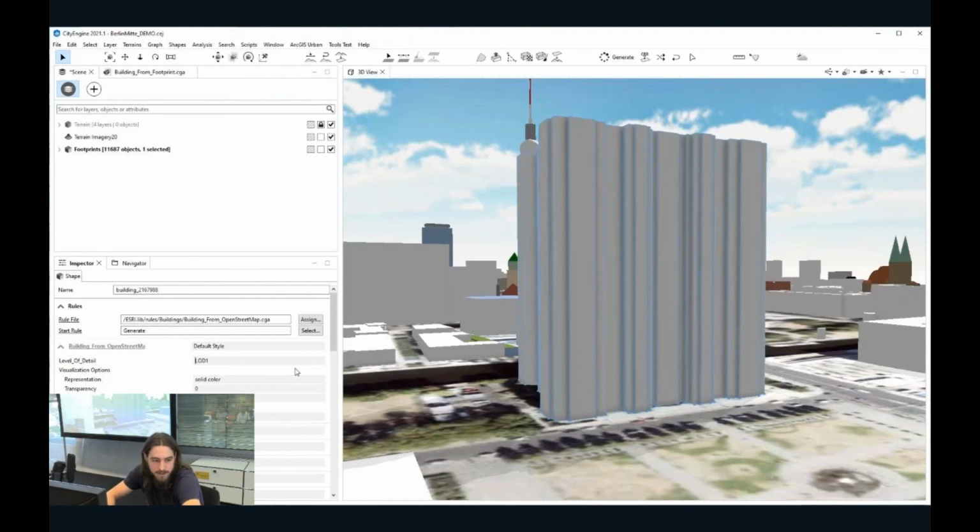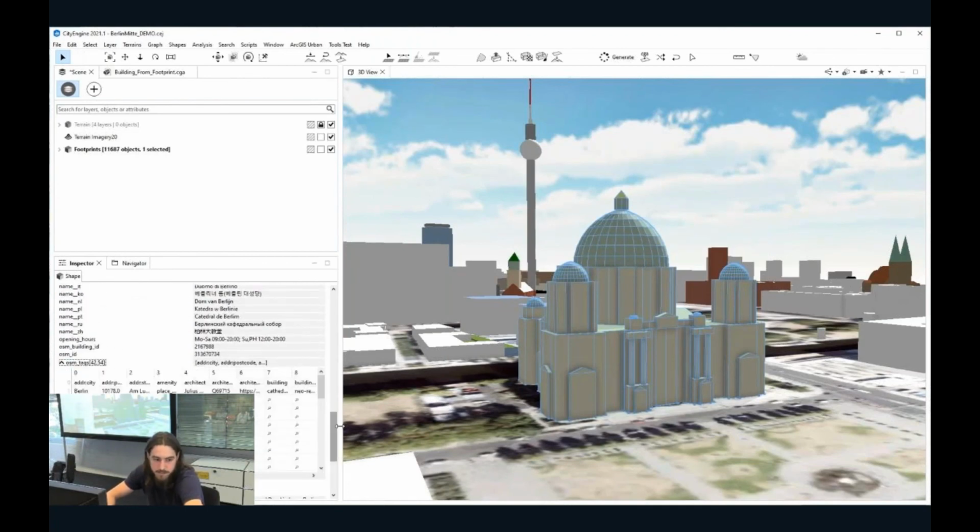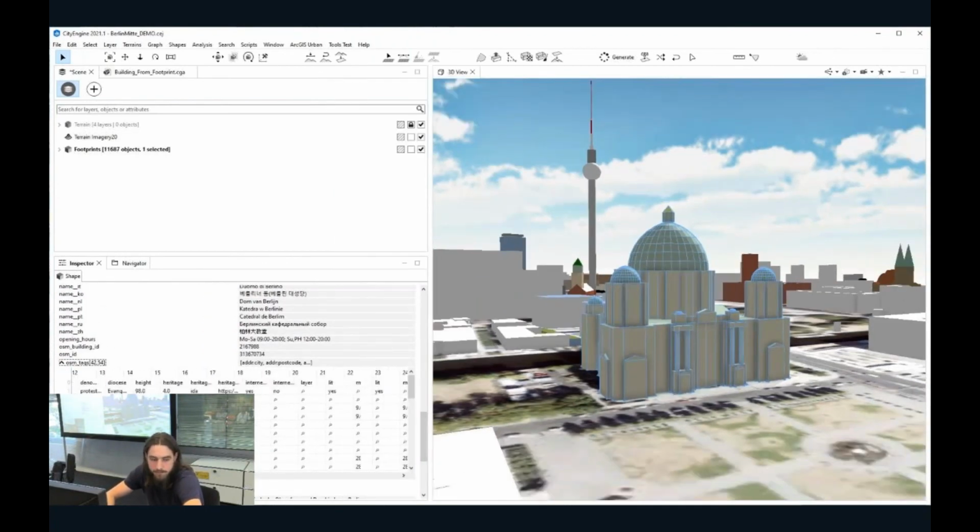We added a new level of detail attribute here. Level 1 is just the extrusion that we already had previously, but level 2 leverages additional OpenStreetMap tags if available to generate a rich building model. Tags are imported as a 2D object attribute array with the footprint shape. They can also be adjusted, for instance, here to recolor the dome roof